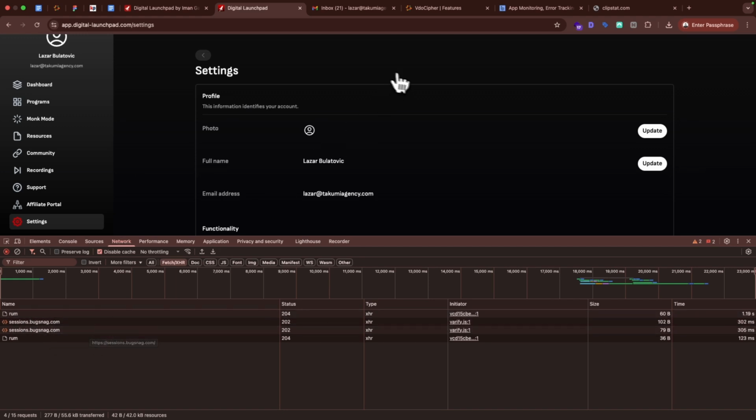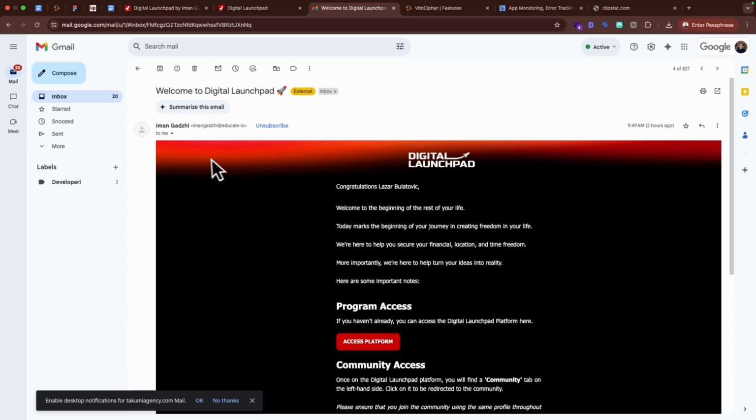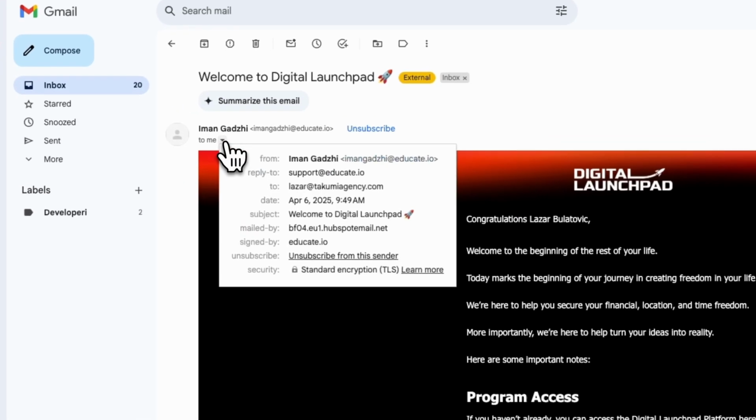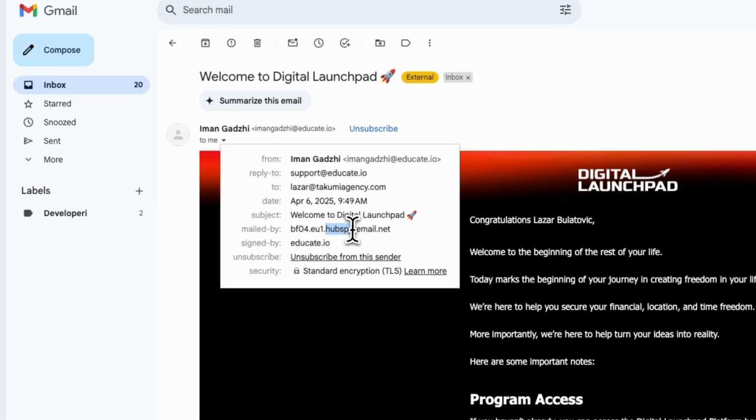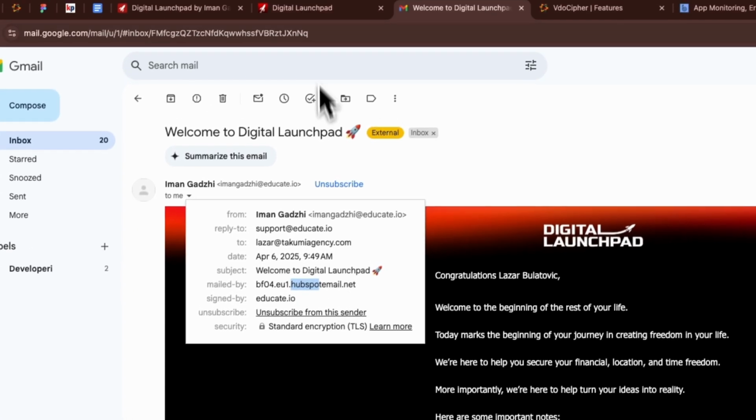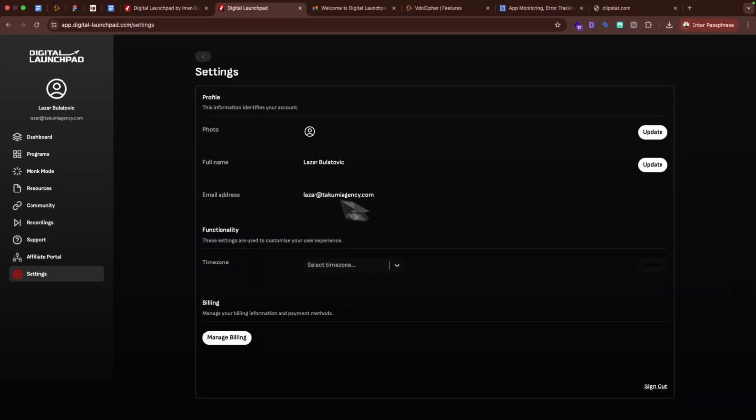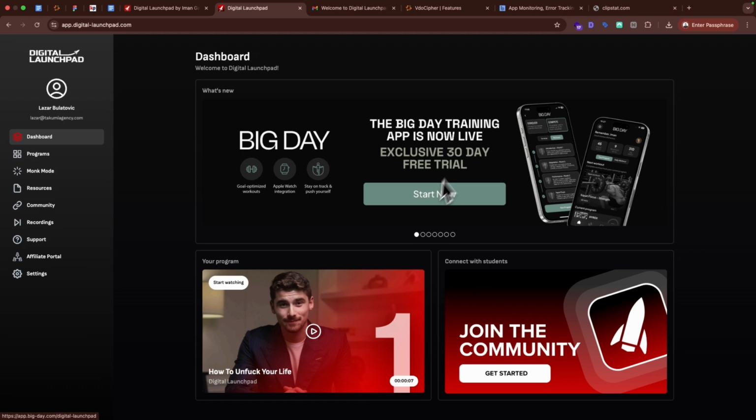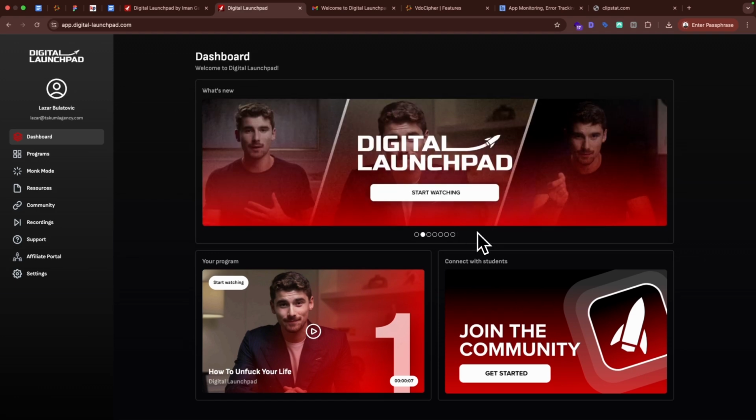And the last thing I wanted to show you is actually the email. Let's see here, I received this one when I registered, and if we click here, you can see that they're using HubSpot for emails. So we learned a lot about this platform. So this is probably, most likely, custom built. So this is all custom,